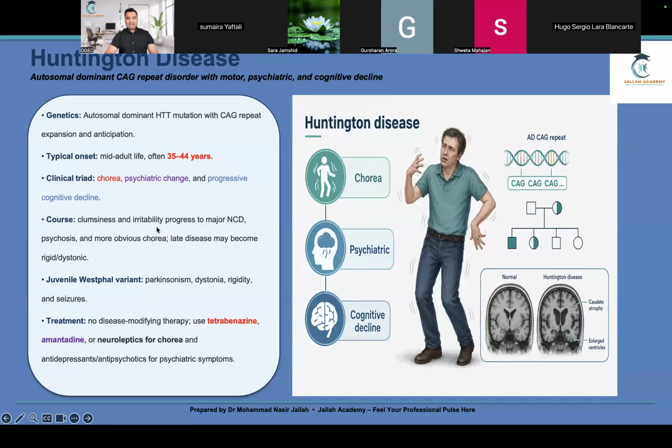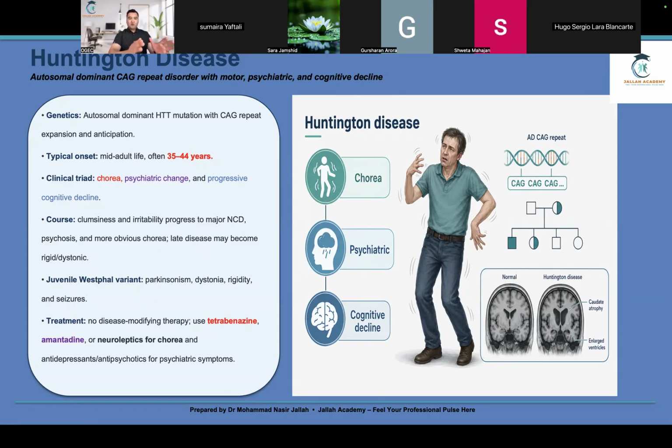Course, clumsiness and irritability progress to major neurocognitive disorder, psychosis, more obvious chorea, and late disease may become rigid and dystonic. Juvenile Westphal variant is Parkinsonism, dystonia, rigidity, and seizure in somebody who is less than 20 years of age. Okay, so if the patient has these conditions and is less than 20